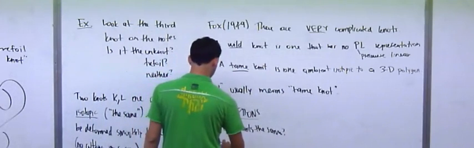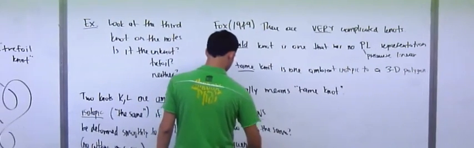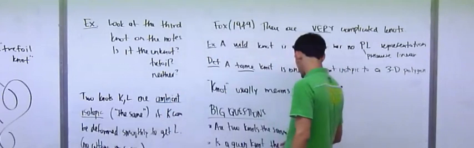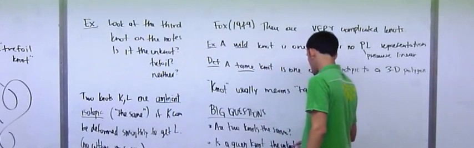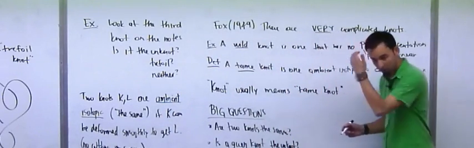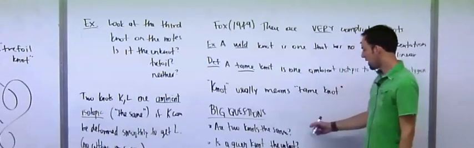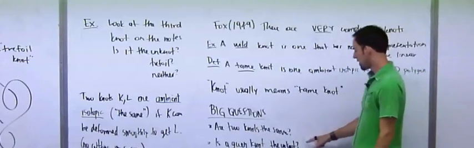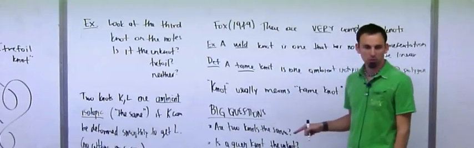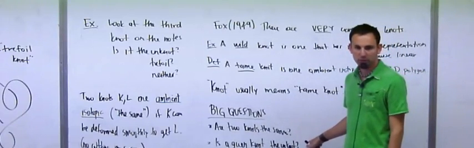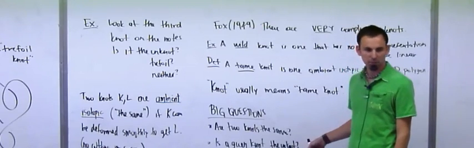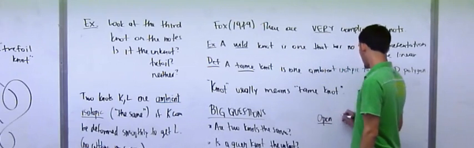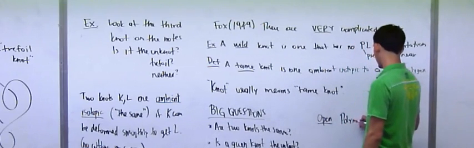Is a given knot the unknot? And these really are big questions, and they're open, actually. So there are algorithms for doing this, but there are no polynomial time algorithms for doing this. This is one thing that people don't know is whether that's possible. So open, polynomial time algorithms